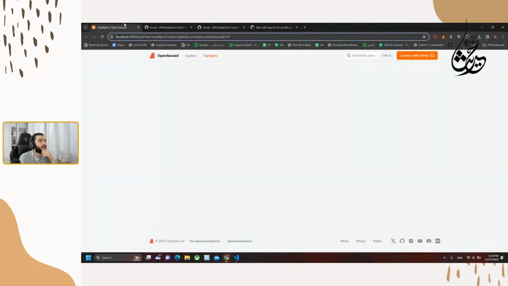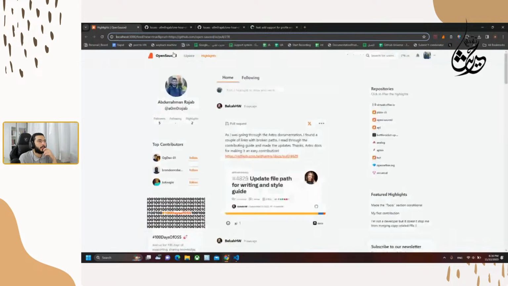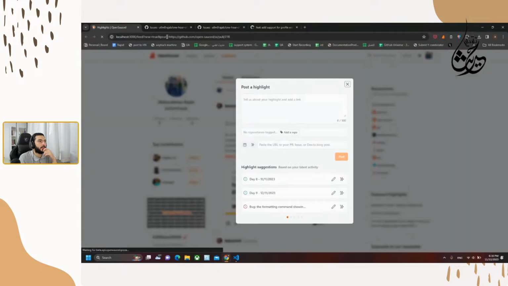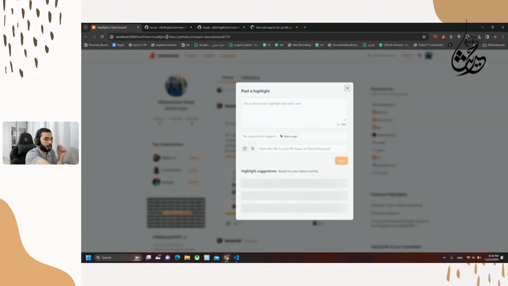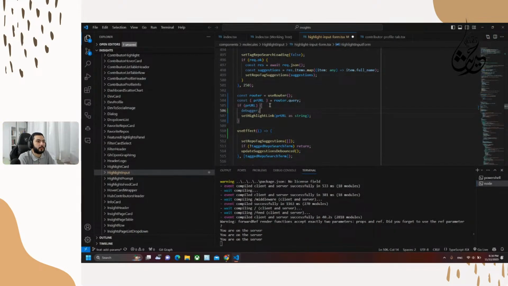Okay, so let's go here and see how this function is working. So the function is working. I just need to get this. Why didn't we get the link here? Let me just check this.